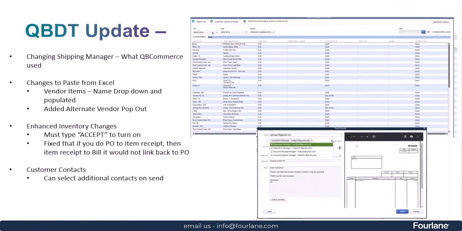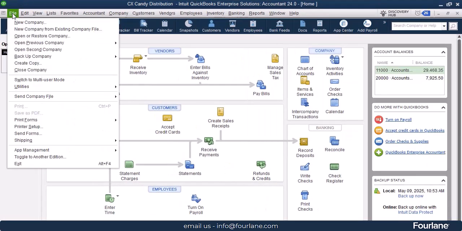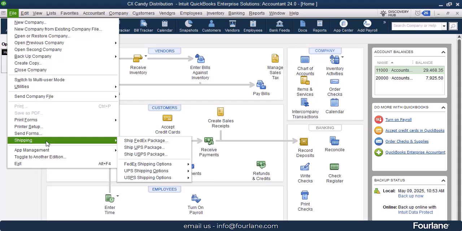Okay, so inside the QuickBooks Desktop product, I've heard that there is going to be a change. I'm not 100% positive that this is coming out with this release, but I was told that by the end of May, everybody's going to have to get off of the old Shipping Manager. What Shipping Manager is, if I come into QuickBooks here, when we go in to Shipping down below and we set up FedEx integration, UPS, USPS integration, the old Shipping Manager is going to be sunsetted,